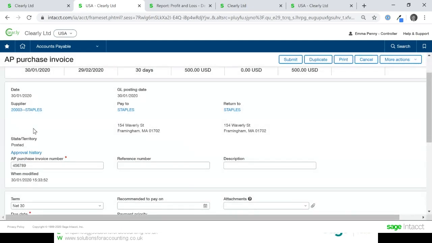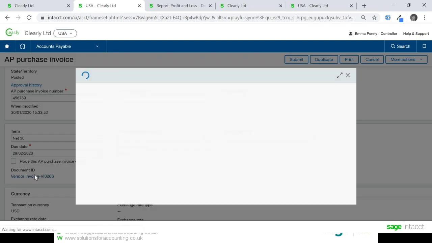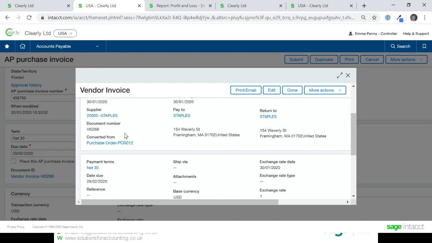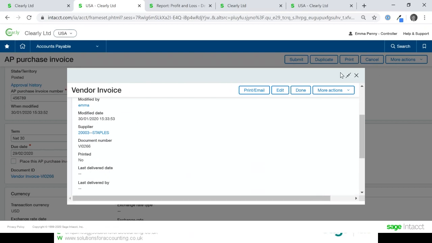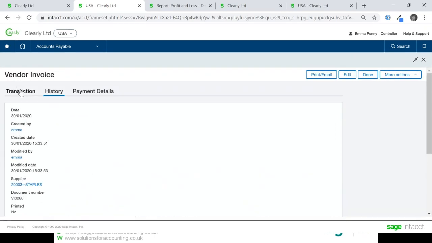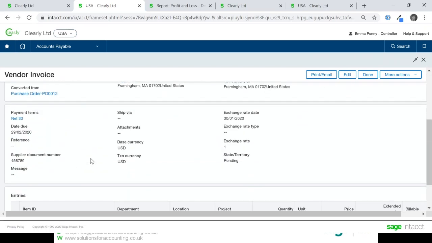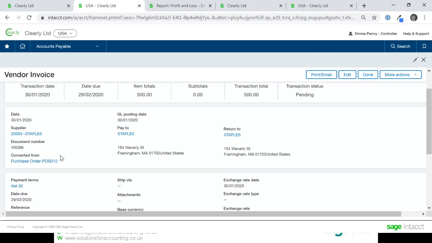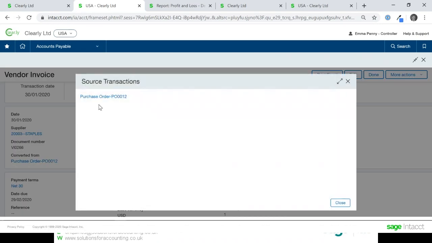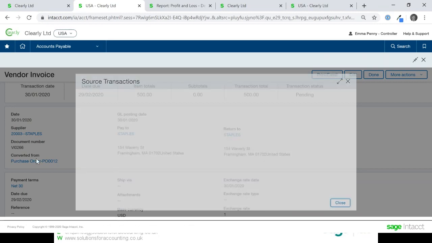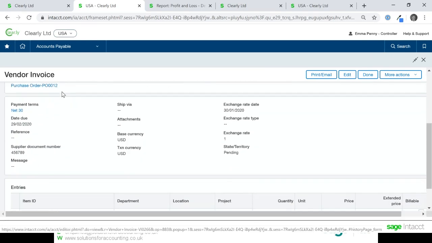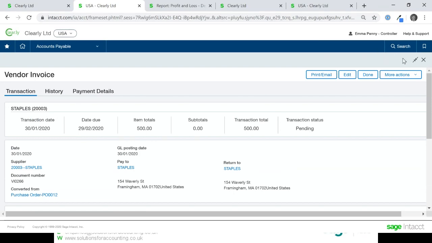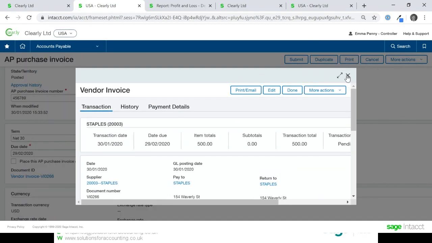But if we went back to our invoice here, and we look at our approval history on here, we'll go all the way back to, it's hiding from me now, isn't it? We'll find our approval history somewhere.